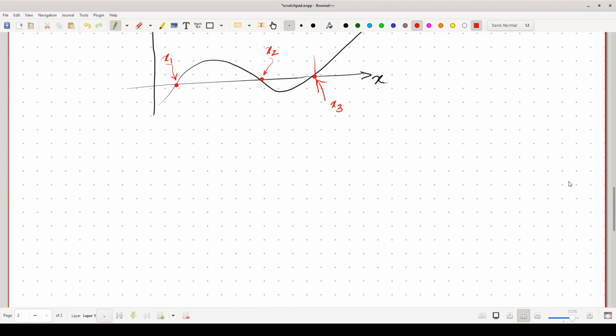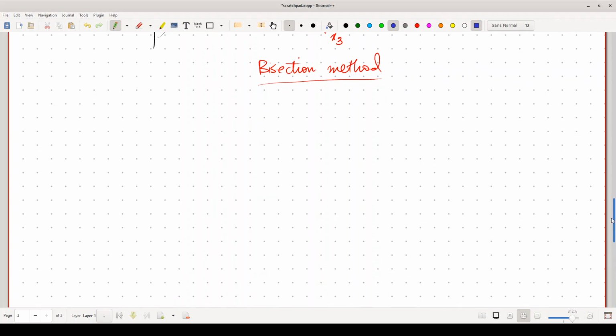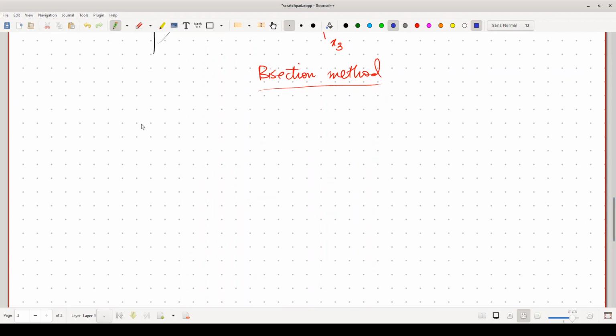In this particular lecture, we will be focusing on the bisection method. Based on the ideas that we learn in the bisection method, you can easily extend it to the Newton-Raphson method. But let's see what the gist of the bisection method is. Suppose this is the x-axis and suppose this is the function. Let me draw it in red.